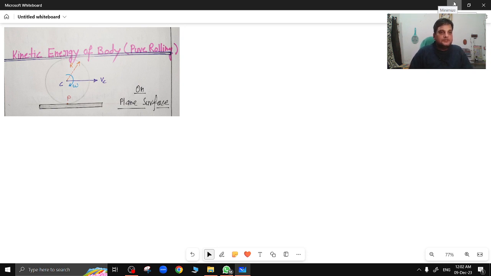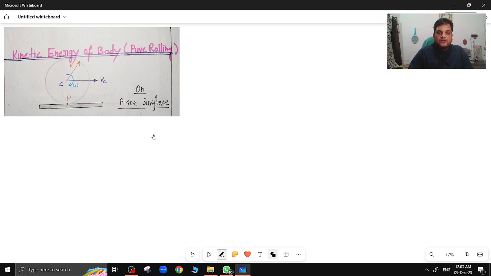Today I am going to discuss a new topic that is called kinetic energy of a body in case of pure rolling. In the diagram, you can see that there is a plane surface on which there is some spherical body which is rotating with some angular velocity omega, and its center of mass is moving with some velocity Vc. Here you can see the point of contact between the spherical body and the surface is P, and this is a case of pure rolling,